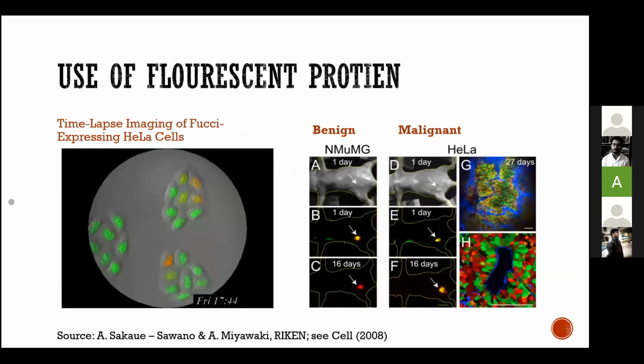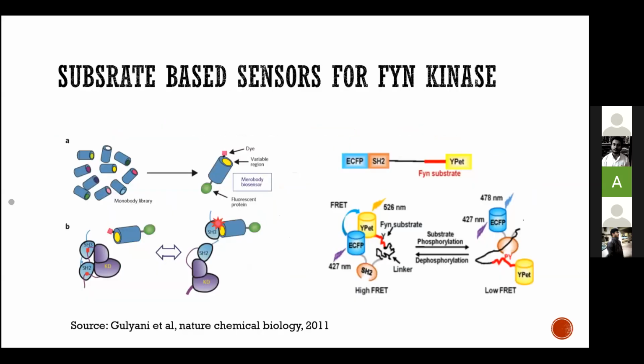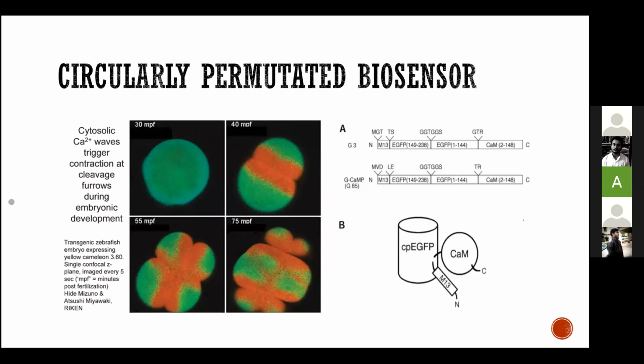So while you're doing an experiment or designing a biosensor, it's not that you have to check for Ca2+ at the furrow and only then make this one, only then you take the EGFP. There is a lot of combination and permutation that goes there. Let's take EGFP. Oh, it's not showing that. So there is this thing called dynamic range.